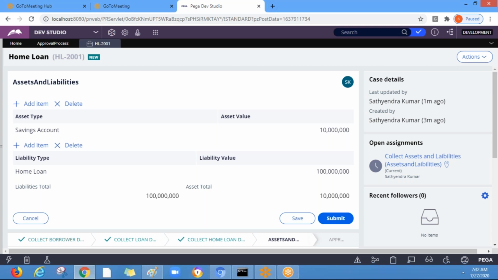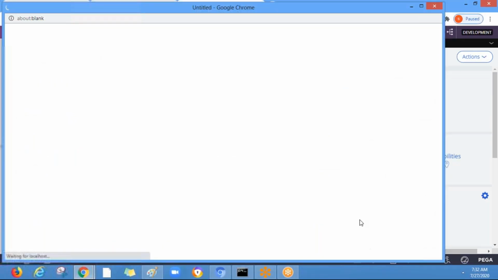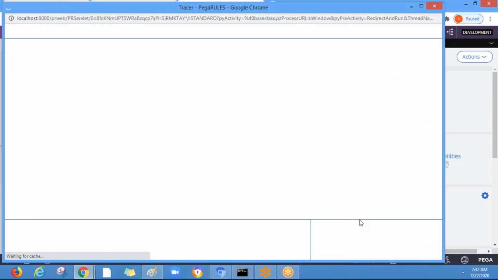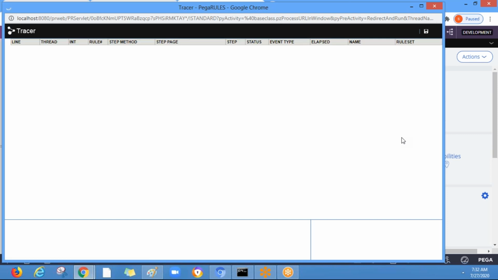Before that, let's trace it, and the decision rules, activities, everything will be traced here.